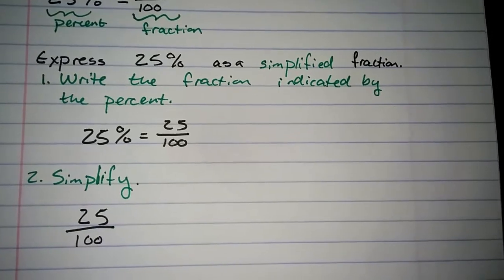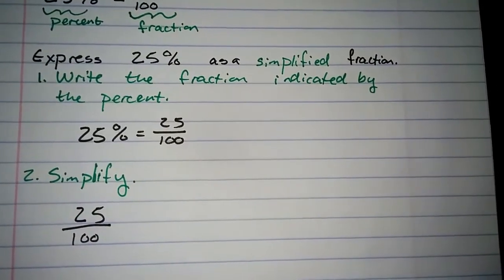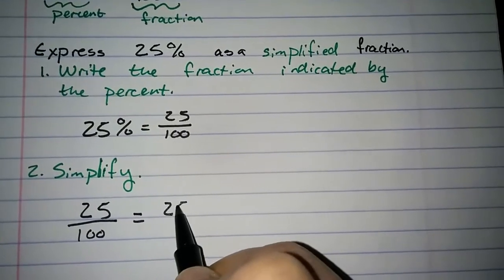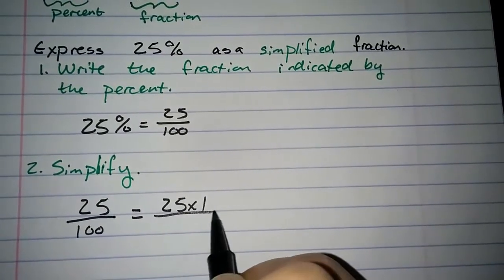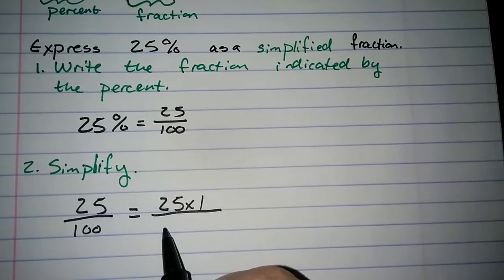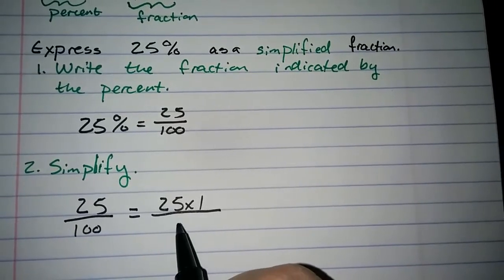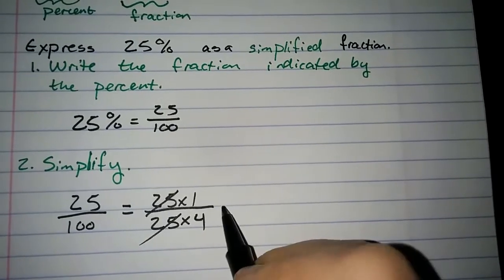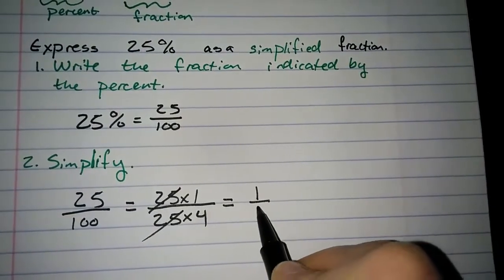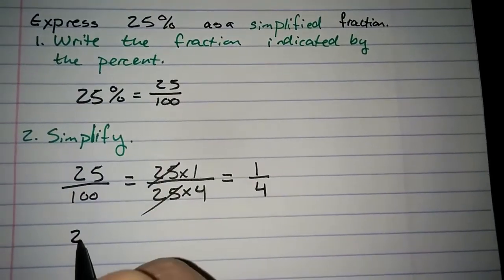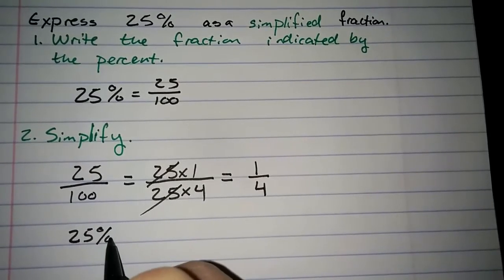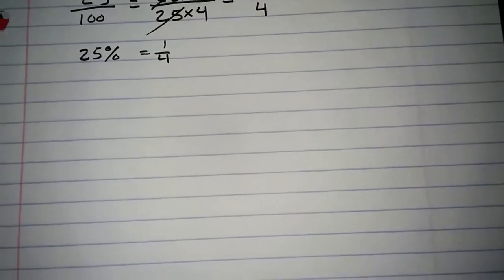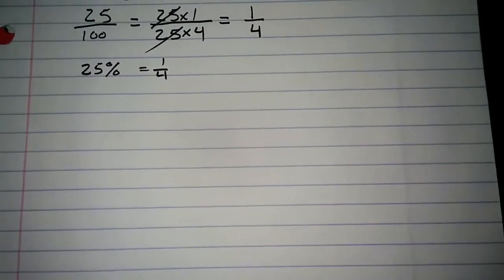over 100. Well, I think 25 is a factor of 100. So I have 25 times 1 over 25 times 25, 50, 75, 100. Common factor of 25 cancels, and I'm left with 1/4. So 25% equals 1/4. Let's see a slightly more complicated example, and then I'm going to give you one to